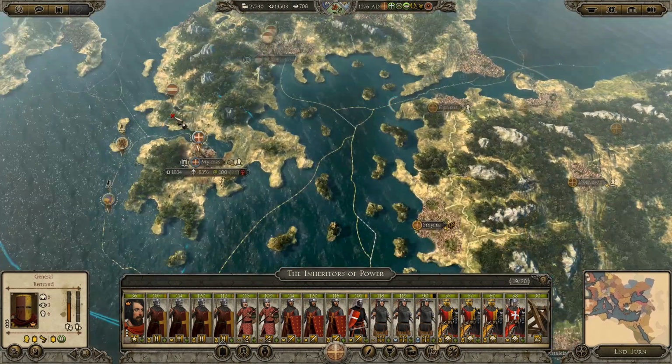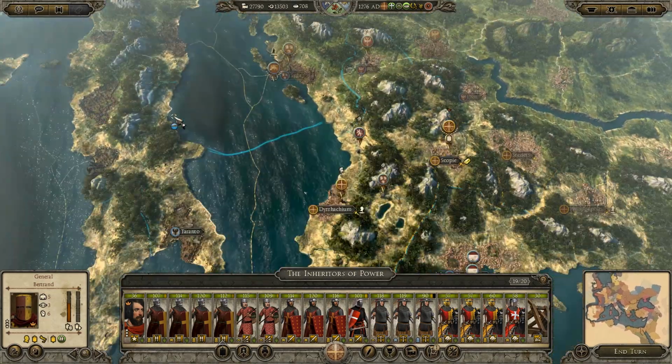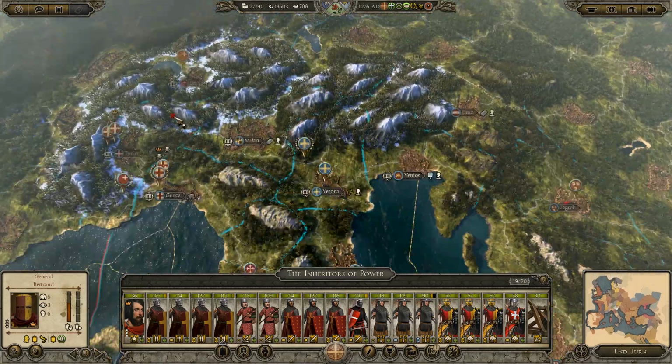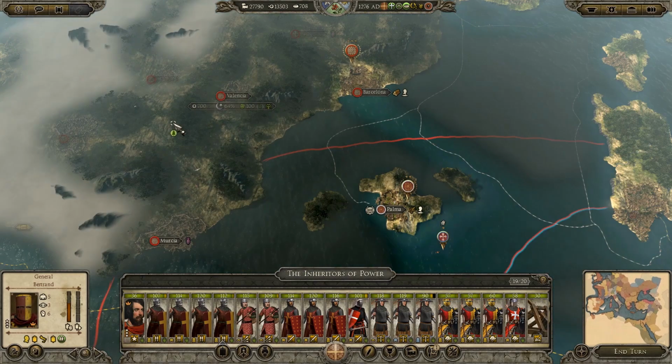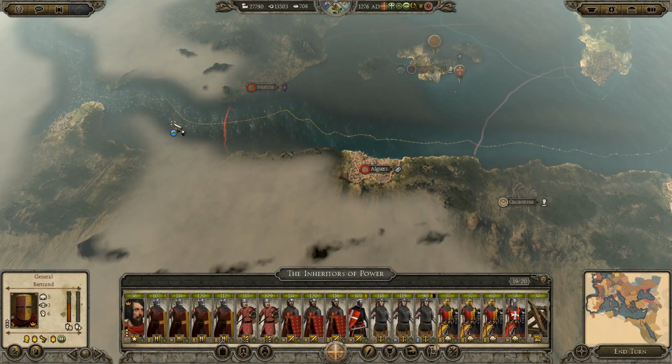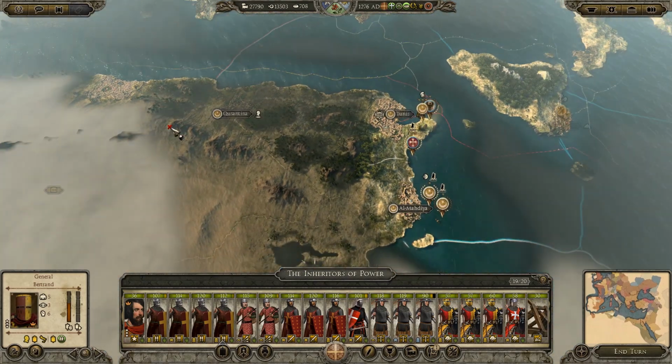Fourth Crusade, and the Fifth Crusade is about to start because, of course, the Fourth Crusade initiated the creation of the Latin Empire and the sack of Byzantium. So that's where we start off now, and basically this mod starts off as well with, of course, the faction